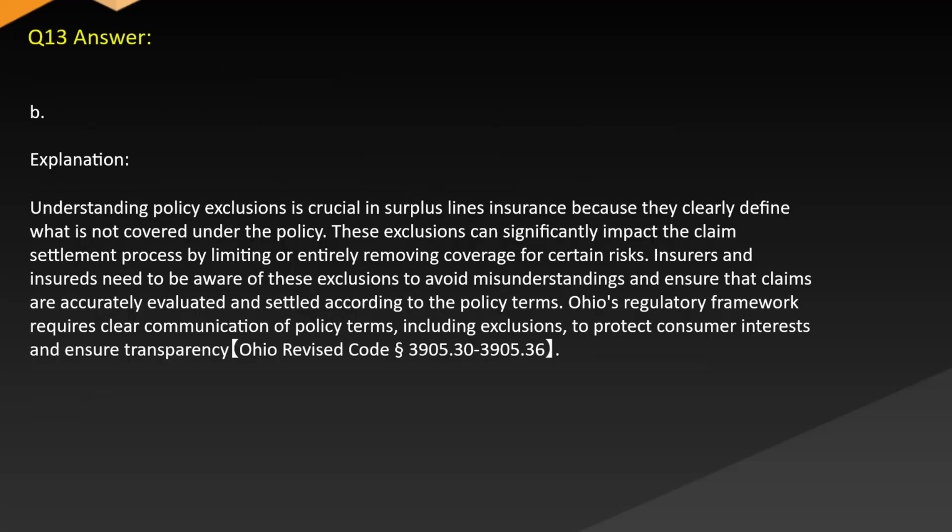Answer: B. Explanation. Understanding policy exclusions is crucial in surplus lines insurance because they clearly define what is not covered under the policy. These exclusions can significantly impact the claim settlement process by limiting or entirely removing coverage for certain risks. Insurers and insureds need to be aware of these exclusions to avoid misunderstandings and ensure that claims are accurately evaluated and settled according to the policy terms. Ohio's regulatory framework requires clear communication of policy terms, including exclusions, to protect consumer interests and ensure transparency. Ohio Revised Code §